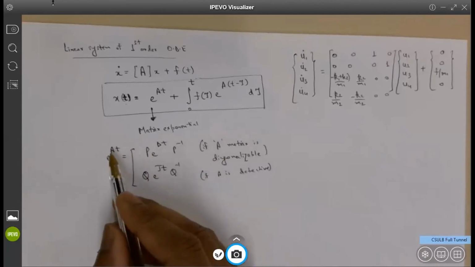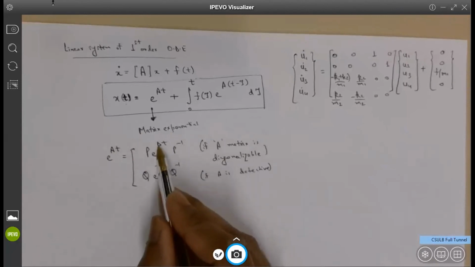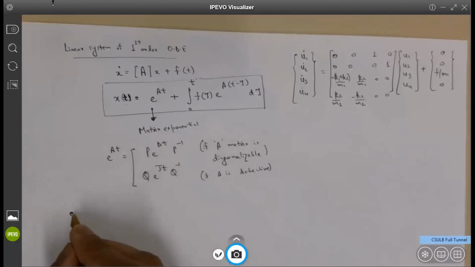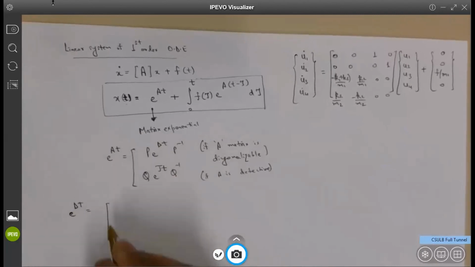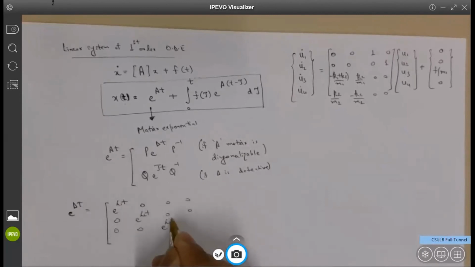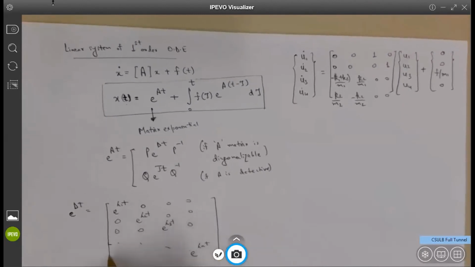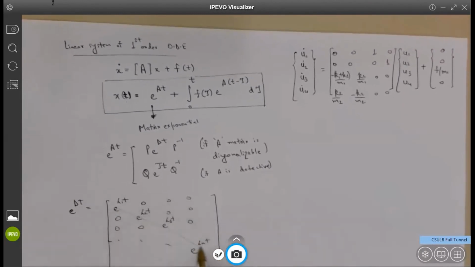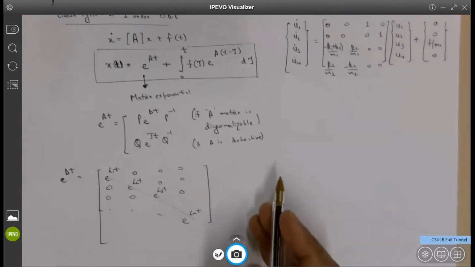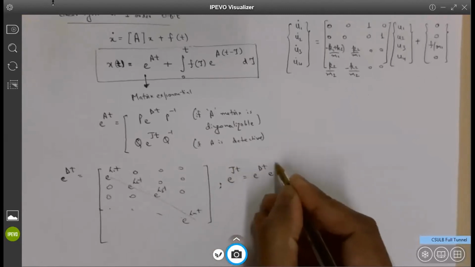The matrix exponential, if A is your diagonalizable matrix, is P times e^(Dt) times P inverse, and e^(Dt) is basically e^(lambda 1 t), 0, 0, 0, 0, e^(lambda 2 t), 0, 0, 0, 0, e^(lambda 3 t), and so on till e^(lambda n t), where lambda 1, lambda 2 are the eigenvalues. Do you see what I'm saying? So it is basically a diagonal matrix, and e^(Jt) would be